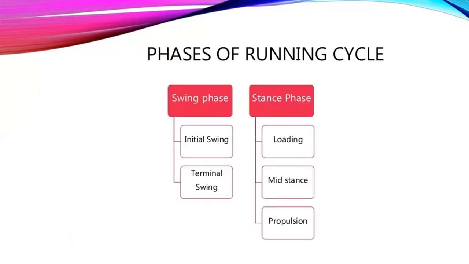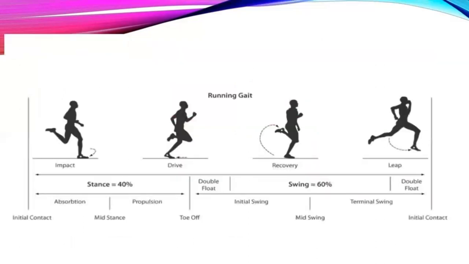Phases of the running cycle. The swing phase includes initial swing and terminal swing; the stance phase includes loading, mid stance, and propulsion. As you can see in the running gait, the impact drives into the propulsion phase. This is the mid stance phase. Here you can see the toe off, then the beginning of the swing phase as initial swing, then here is the mid swing, and then the terminal swing. And again,